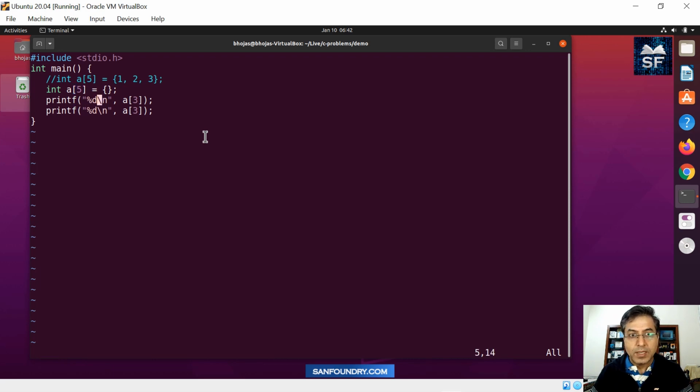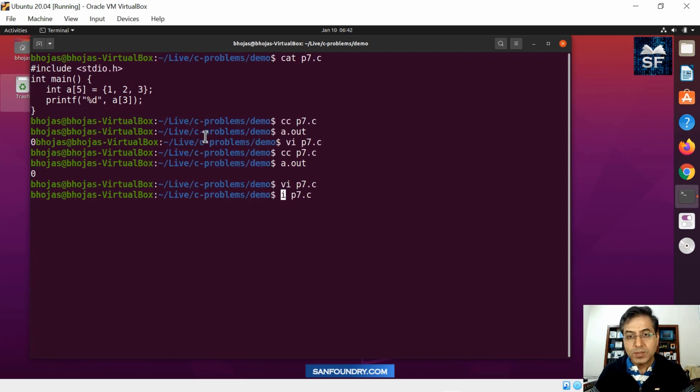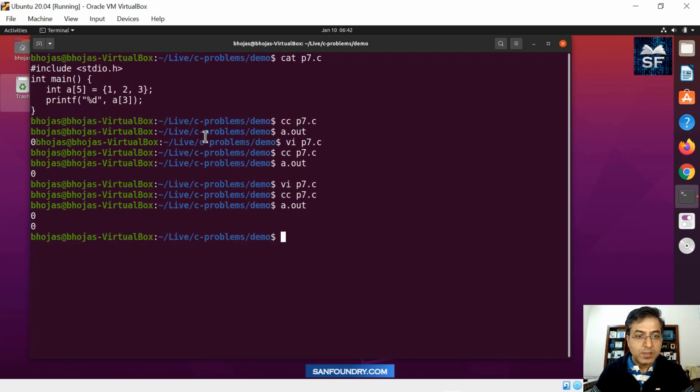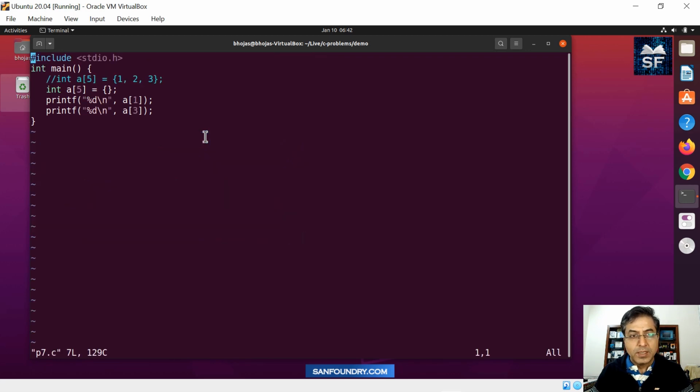If we take slot, say index 1 or index 3, and compile this code, you will see that, yes, it's all 0. I think that's the summary here. This is very different from when you don't have the braces. So let's take this example. If you have just an array and you want to print it, you have not initialized it, okay?